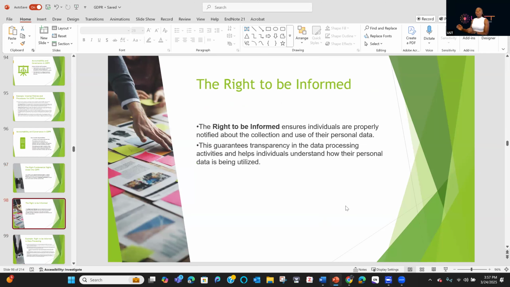Okay. So the first one, we have the right to be informed. The right to be informed ensures individuals are properly notified about the collection and use of their personal data. It's important. Remember, we even talked about consent, accuracy, and so many other things that we've discussed already. If not, make sure you watch the previous 2 videos before you continue with this video, okay? So with this, remember, you have to be informed about how they're going to collect and use your information,